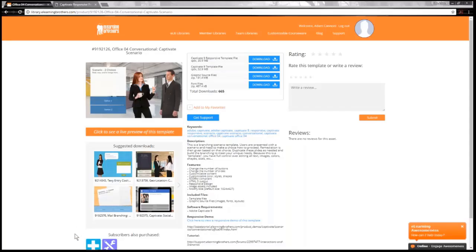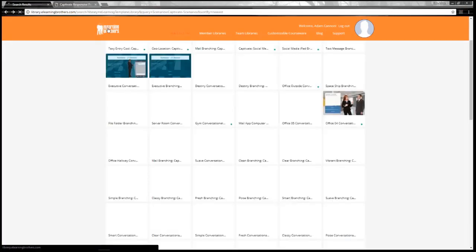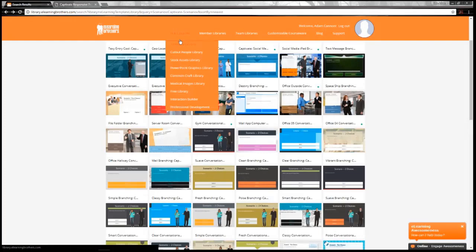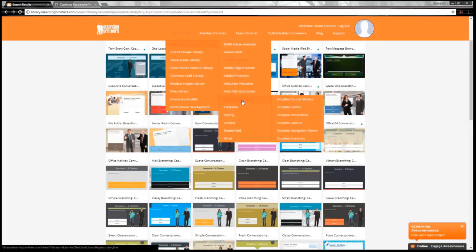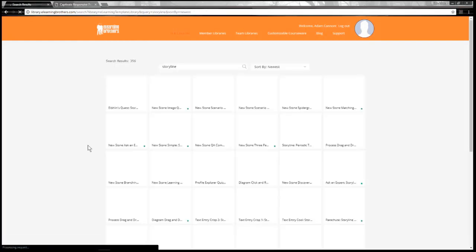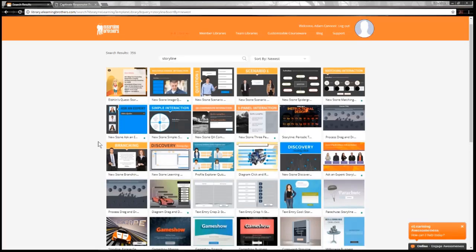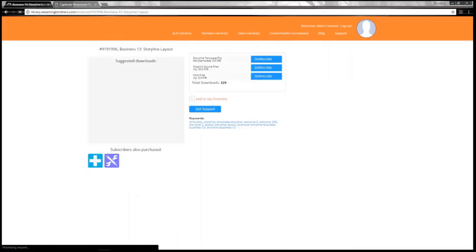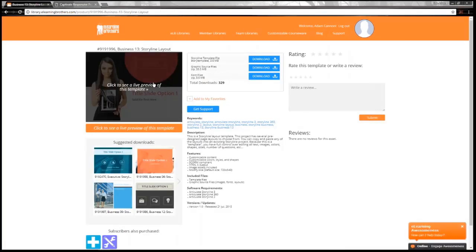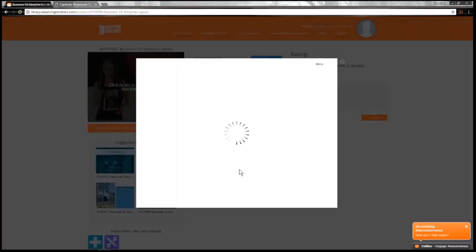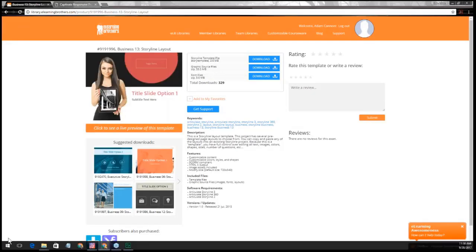So this is one where I'm going to go back to the Storyline templates again. So I'm going to go into the Storyline templates, and we're going to find one. This one was a little more complicated. I started with this one, that this is a layout. So again, it's got a number of slides built in. I kind of like this modern look and feel. I'm not sure why some of these are not showing up. It may be my Flash, but there's